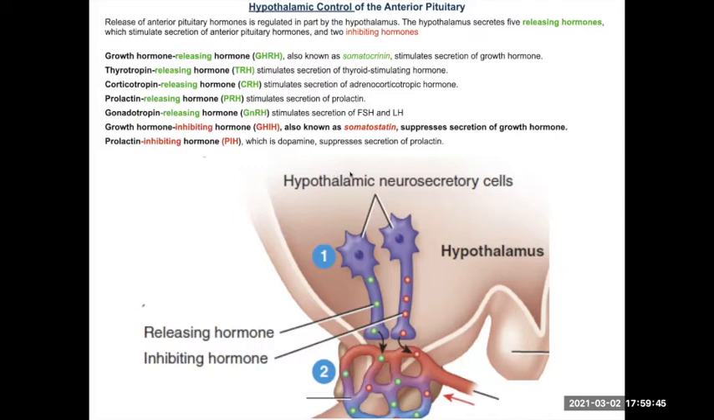What we're going to see here is that you'll see these releasing hormones, or a couple of inhibiting hormones, right? So what all these hormones are going to do is go down to the anterior pituitary gland and affect the secretion of the endocrine cells within the anterior pituitary gland, right? So that's the whole function of your hypothalamic control, right? And so we're going to see